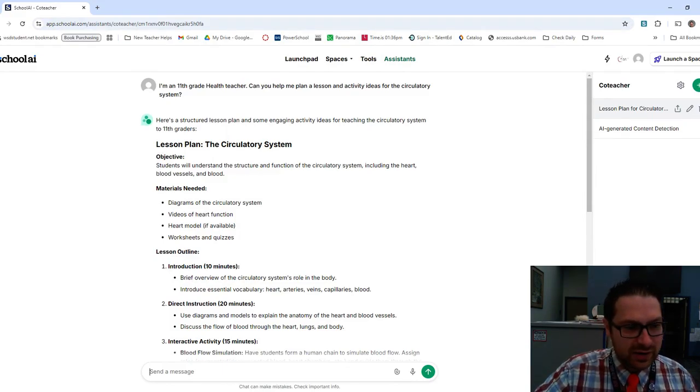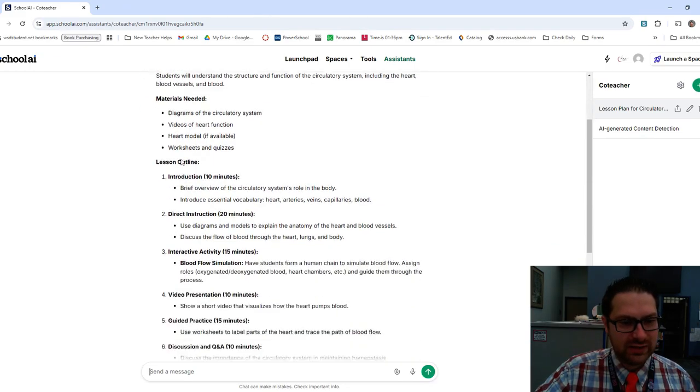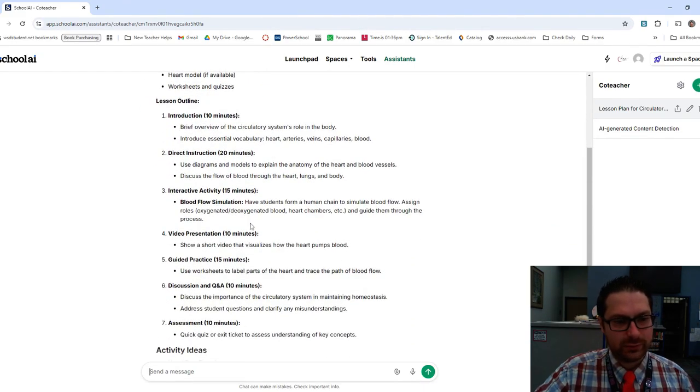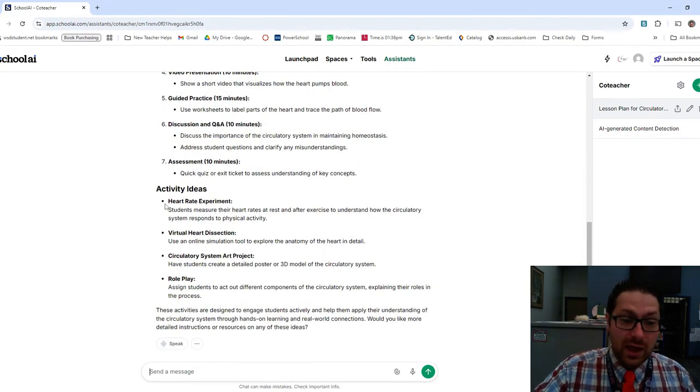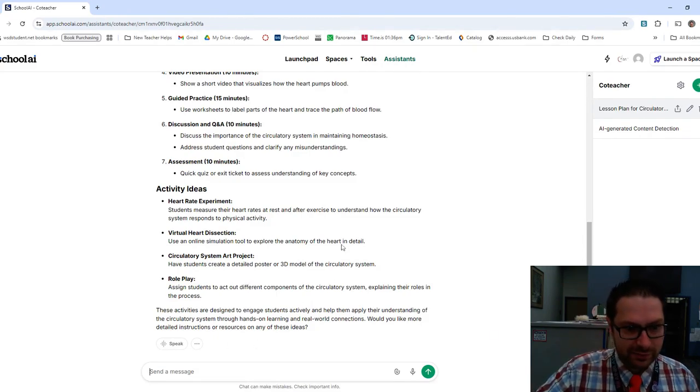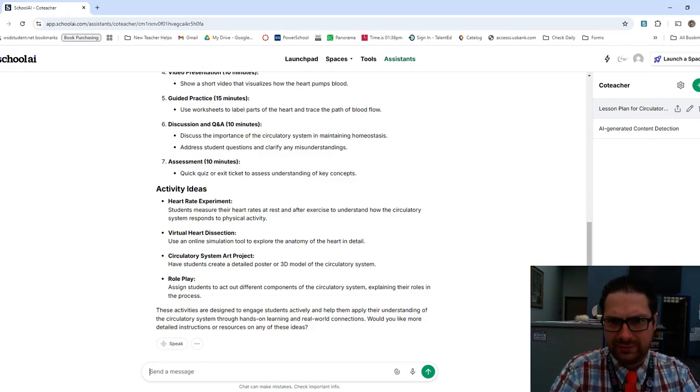So you can see here it's generated a general lesson plan for me with objectives, the different materials that I'm going to need, as well as a lesson outline. And then we also have some activity ideas. Now, this could be, let's say, for example, I like this virtual heart dissection. Where could I find something like that? Where could I find a website for the